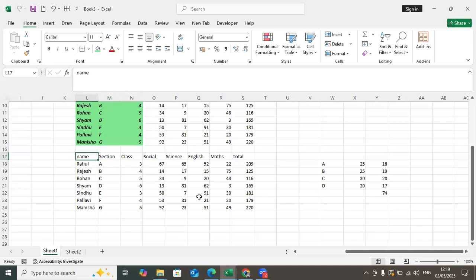This is employee data: employee name, job level, employee number, and then PF, basic, HRA,